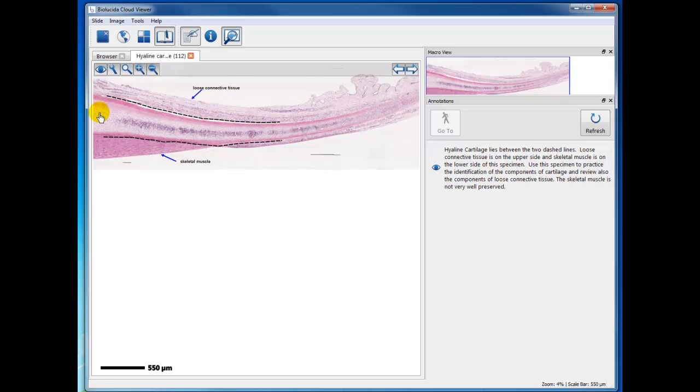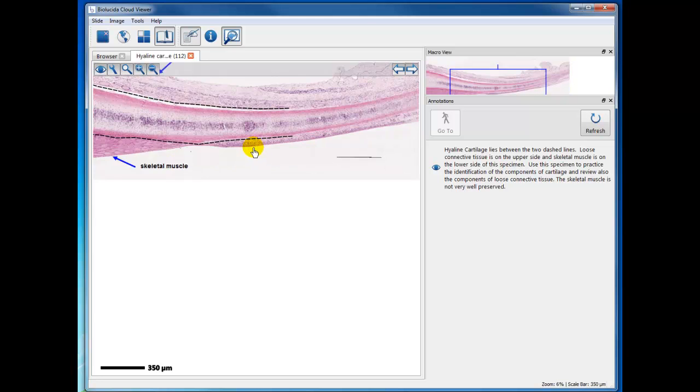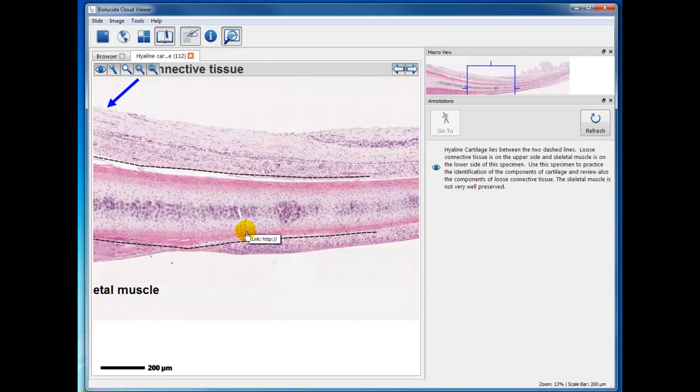And this is a specimen of cartilage. You can see it along here. You see acidophilic staining at the edges. You see lighter staining next, and then you see darker staining here. And actually, I'll just enlarge this slightly. The staining